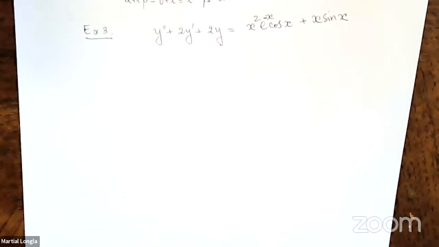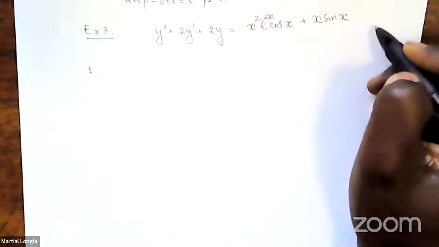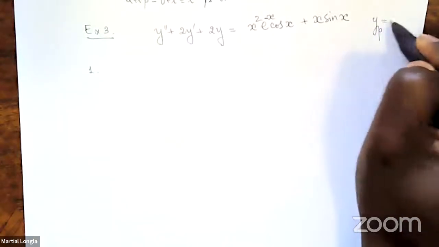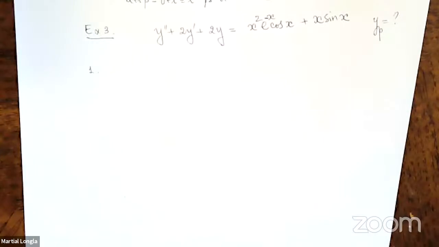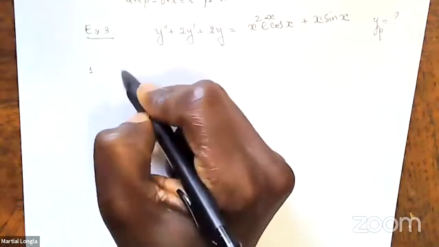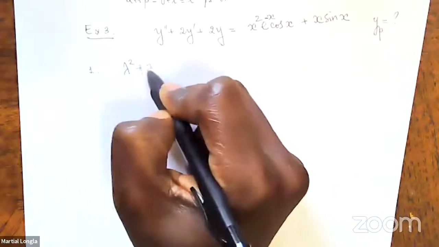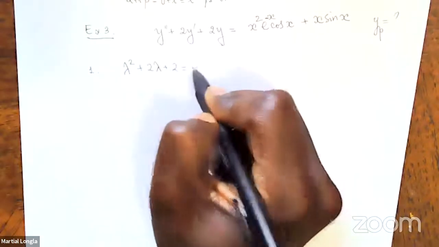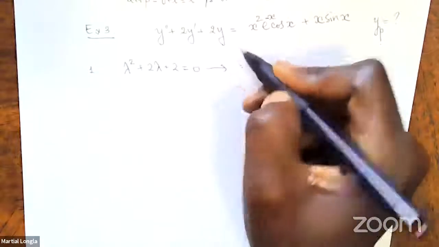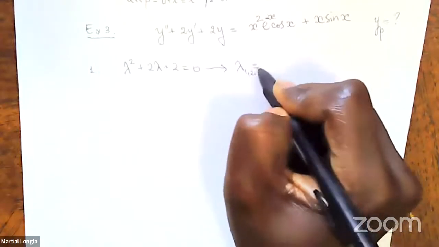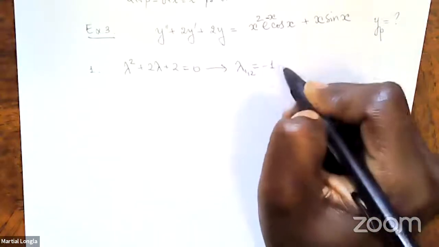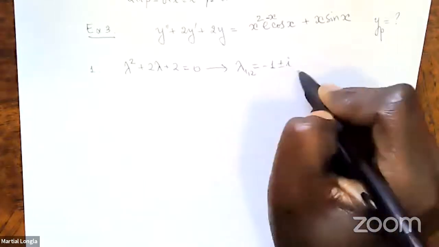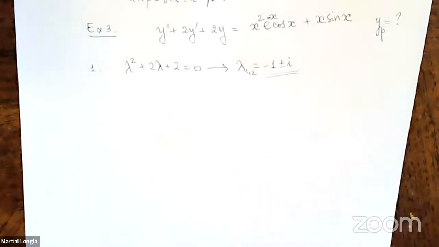All right, anyone who wants to start trying this one? I can do the first step again if you want me to. Let's go. Lambda squared plus 2 lambda plus 2 equals 0. Then we solve. When you solve this, you get -1 plus minus i as the two roots,